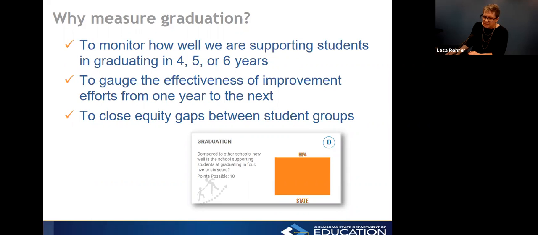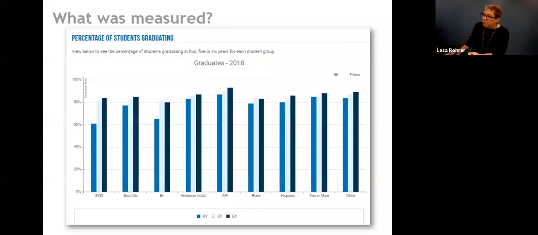Our graduation rate in the state is not 60%. What this is displaying, like that composite score, is that we earn 60% of the points possible, 60% of that 10 points. And that's what that number is displaying. We're currently working on a new visualization for this that will better communicate what's happening at your school. And it will look more like this, because this is really our story.